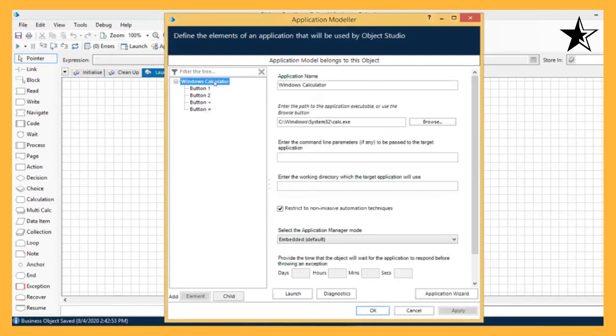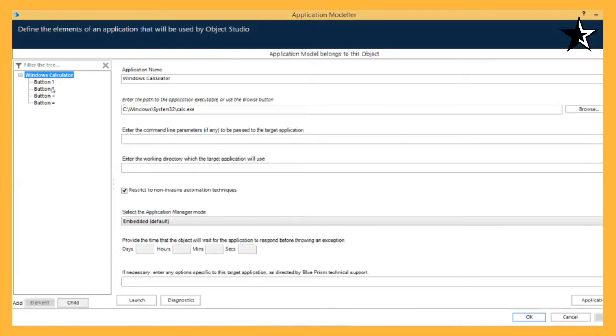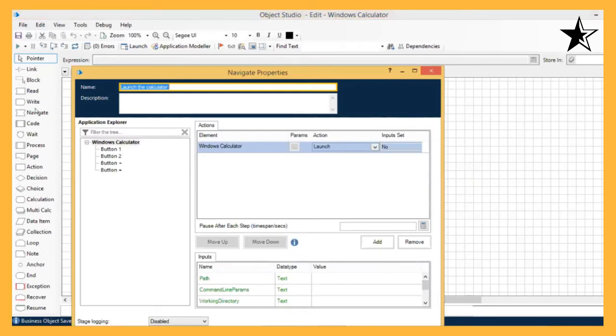Whenever I click on Windows Calculator, its attributes will be displayed on the right side, and the left side window is going to display the elements of the application. Okay, so the first application was launched. To select the application or to run the application, I have to use a stage called navigate stage.